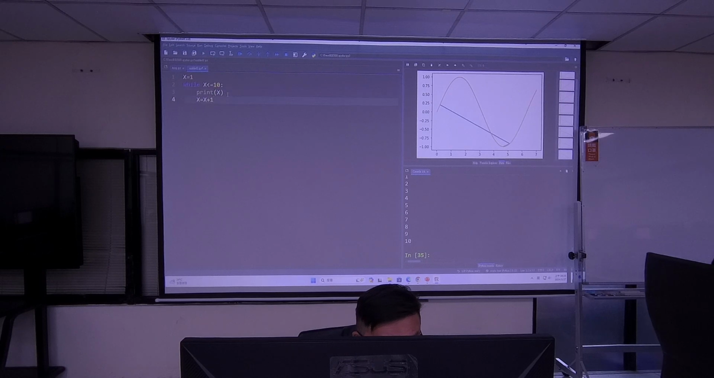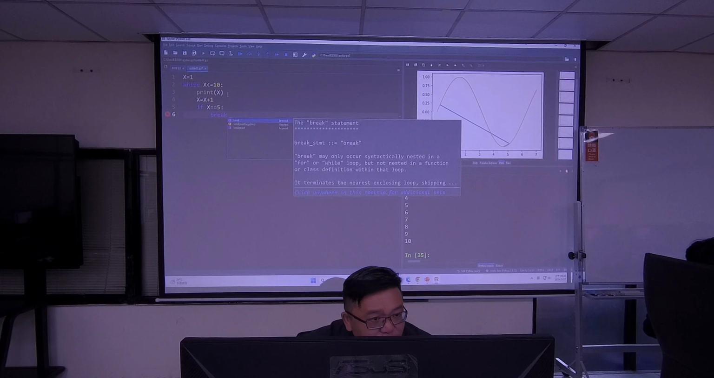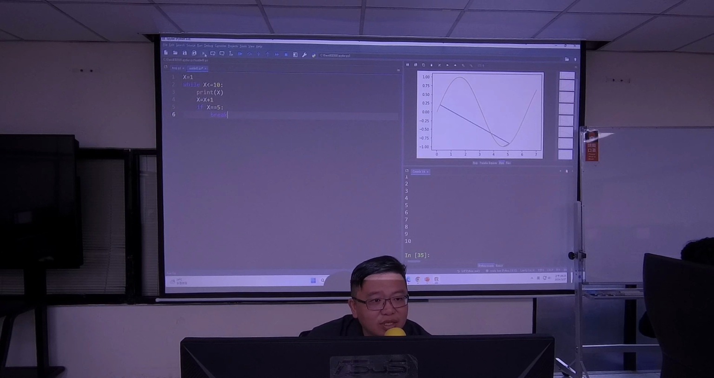During the process, if I add, if x equals 5, I will break. What's gonna happen? You only see 1 to 4. Okay, so it was 1